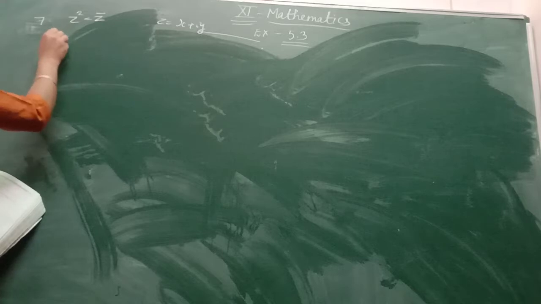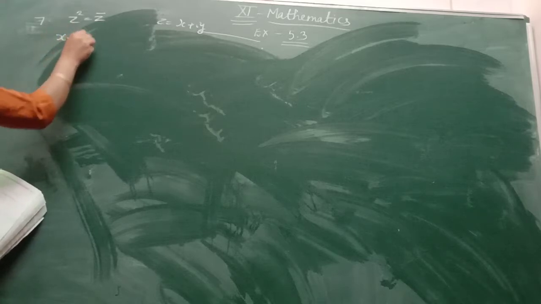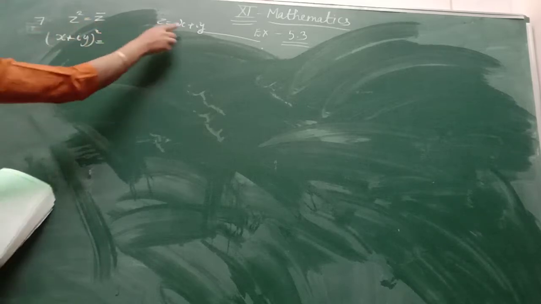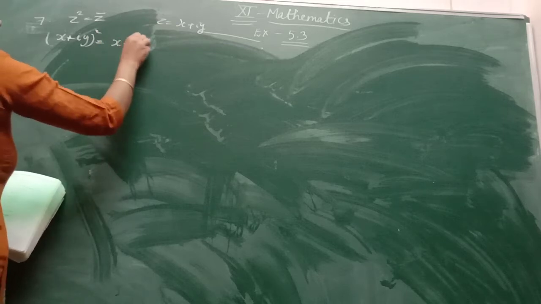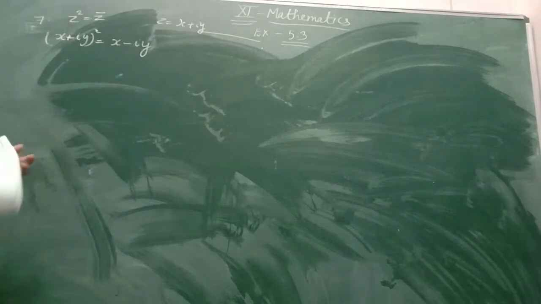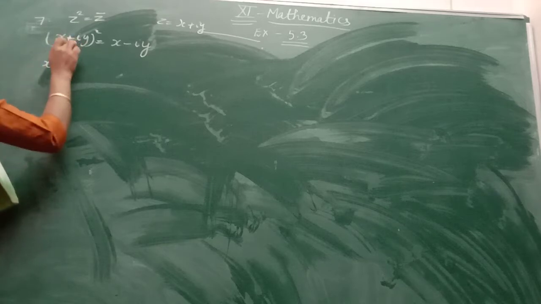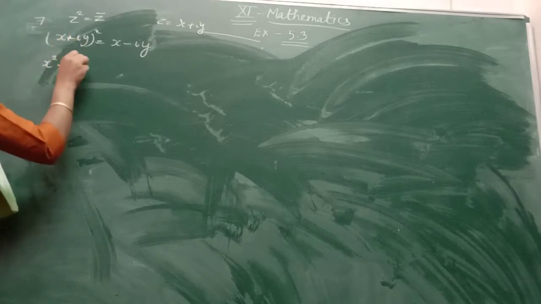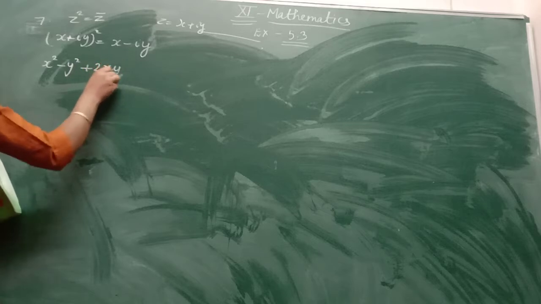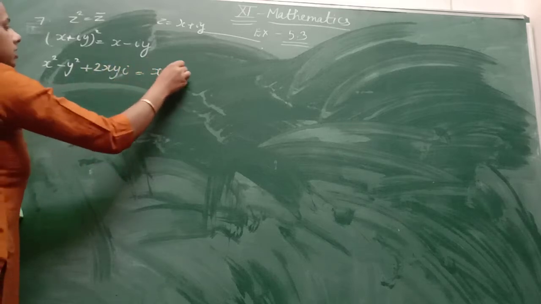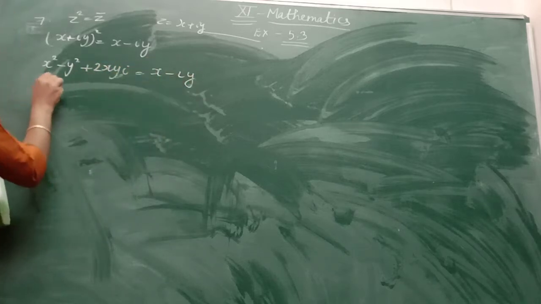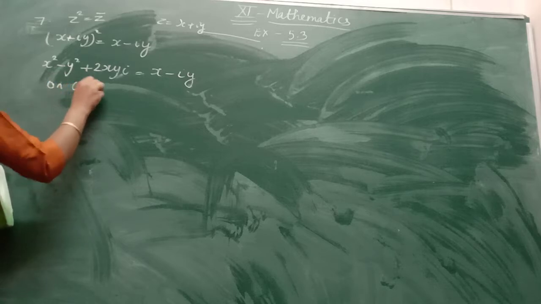Firstly, z square. How will you apply z square? It means x plus iota y whole square, and z conjugate will be x minus iota y. Apply the identity of a plus b whole square. So you have a square plus b square, it means x square minus y square, since iota square is minus 1, plus 2xy iota. And on the right hand side there is x minus iota y. On comparing real and imaginary parts,